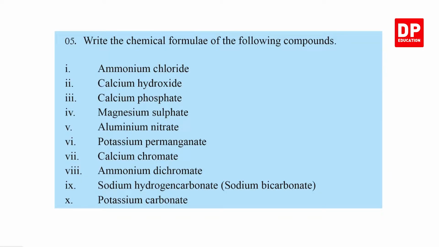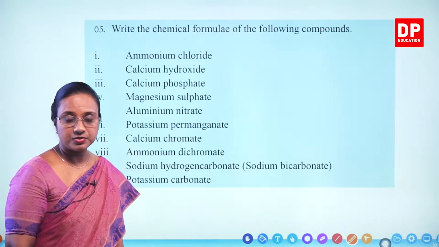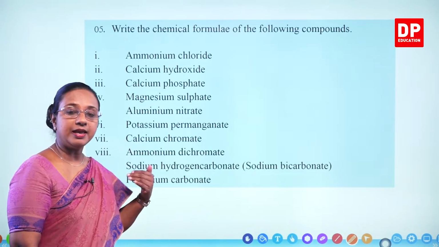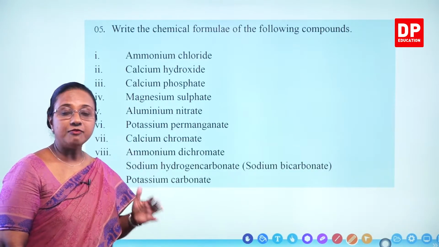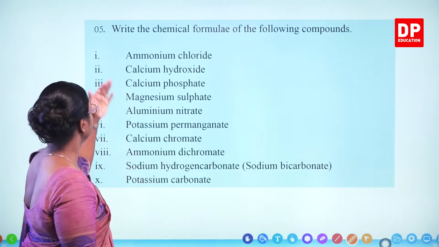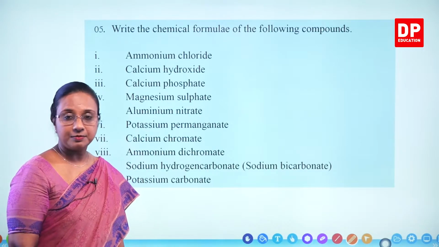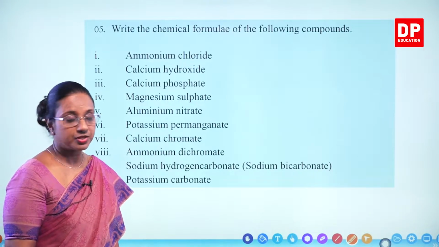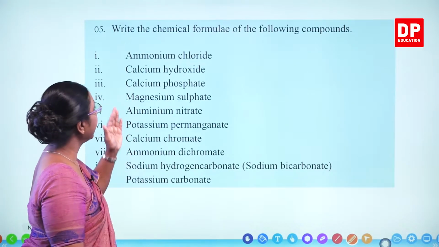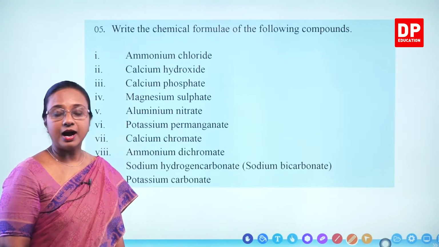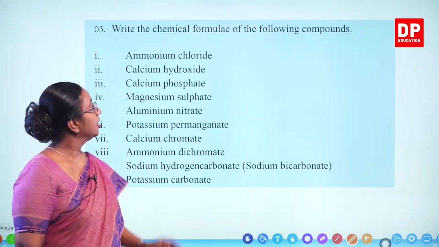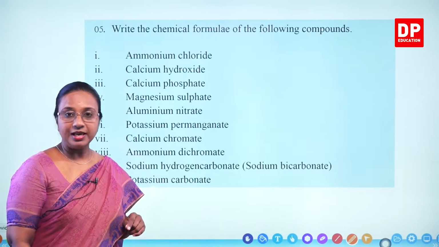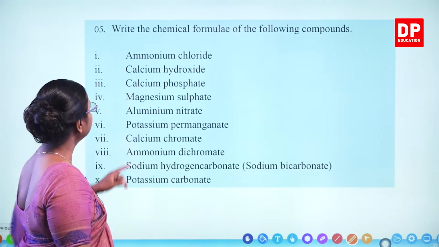Then the 5th question. Write the chemical formulae of the following compounds. Here again, we can exchange the valencies and rewrite the compound. If you have already practiced well, then you can directly write the chemical formulae of these compounds. And also, you can see that there are polyatomic ions or radicals involved in these different compounds. We will write the formulae one by one. I will start with the first compound,